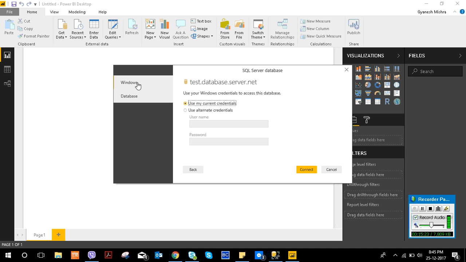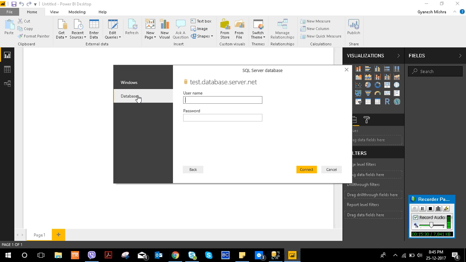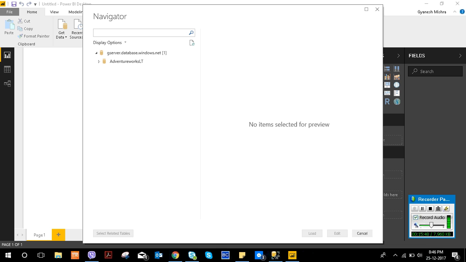First is your Windows. Here you need to use your Windows credentials. We need to select database over here. Here we need to enter our username, the one which I have already told you, student, and then we'll go for the password. And then I will go. Once the credentials have been provided and they are validated, then it will show you the server name and the database. So click on this button to expand it,